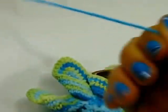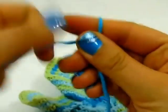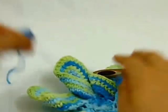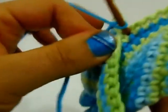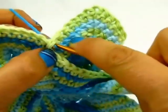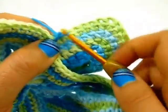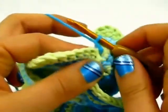And I'm going to start with my blue yarn. I'm going to start with a slip knot again, since I'm reattaching the yarn. So slip knot, slip it on my hook, pull it through both stitches. I'm going to anchor it with a slip stitch, or a chain stitch in this case, anchoring it, pulling tight